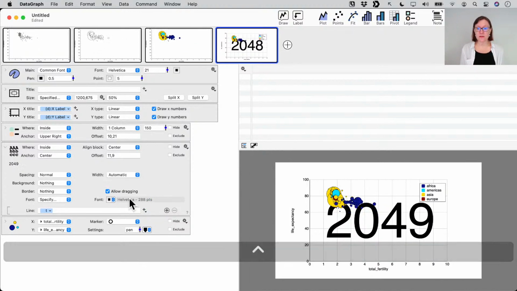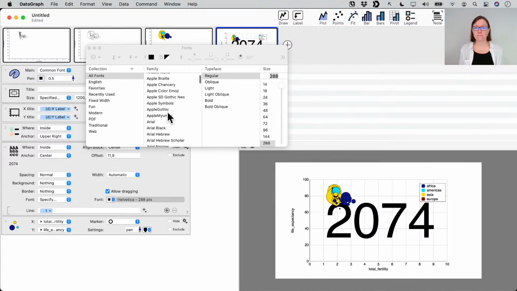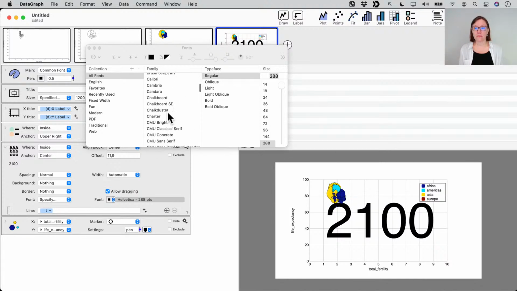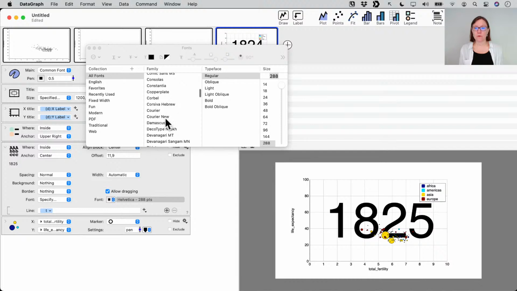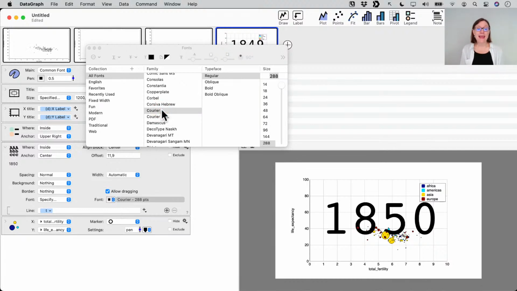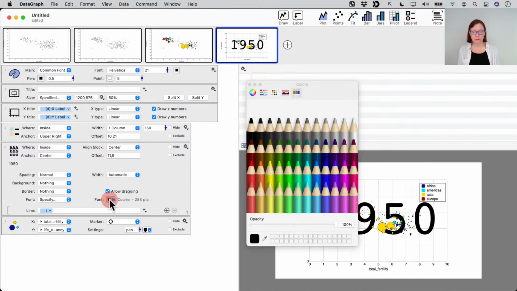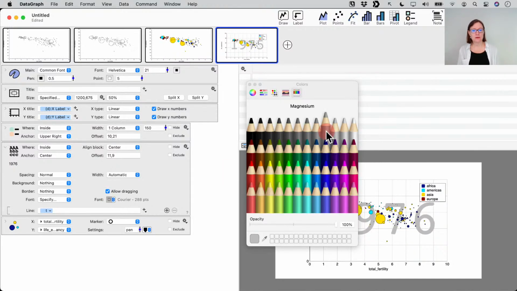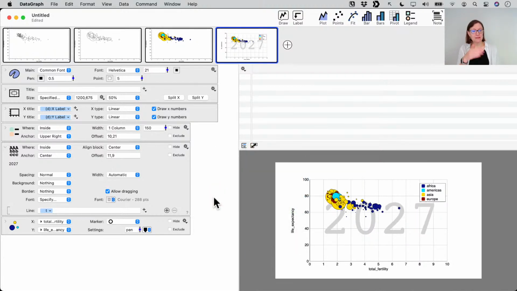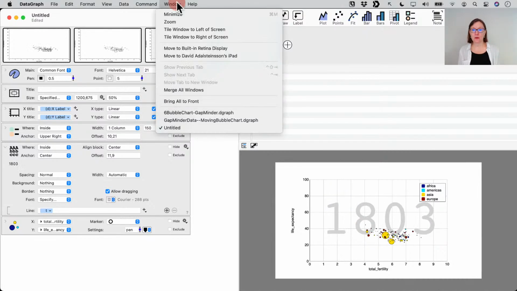But if I change this to Courier, which is somewhere in here, here we go, Courier, now it's going to be stable. You won't see any jiggle within the numbers. So that's one of the things that I do. Now I'll also make this kind of a lighter gray color, and so now we have something that's really starting to shape up and looks more like an animation that we might want to